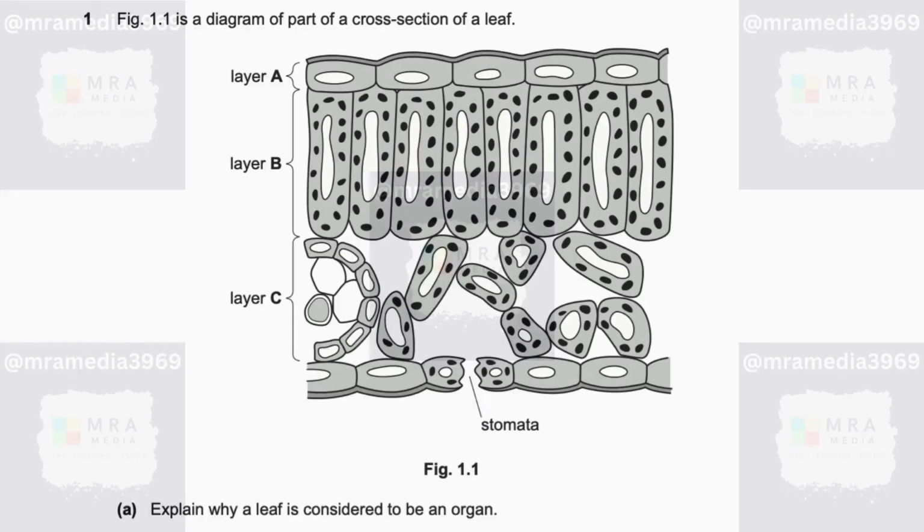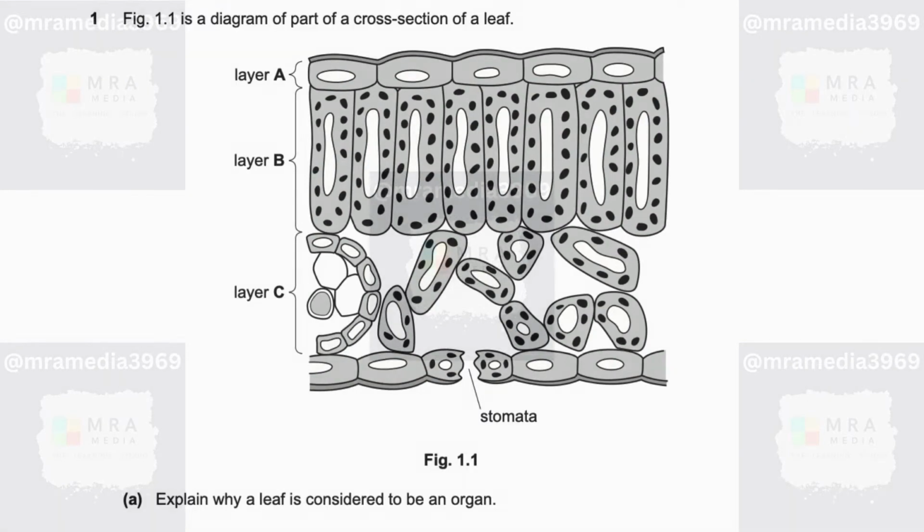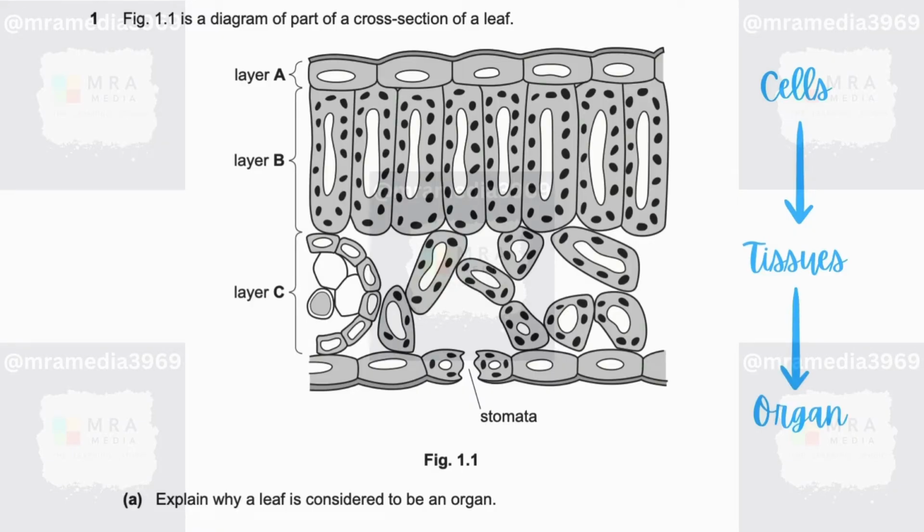Figure 1.1 is a diagram of part of a cross-section of a leaf. Explain why a leaf is considered to be an organ. Basically, the organization of living organisms follows a hierarchical structure from the smallest functional unit to larger, more complex systems. In general, cells are the fundamental structural and functional units of living organisms. Tissues are groups of similar cells that work together to perform a specific function. Organs are structures composed of different tissues that collaborate to perform a particular function or set of functions within an